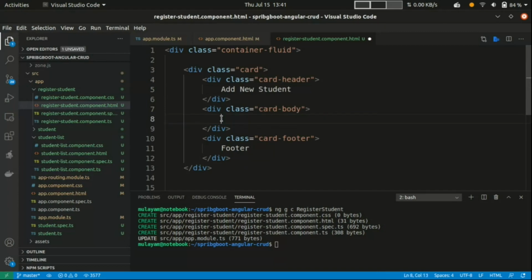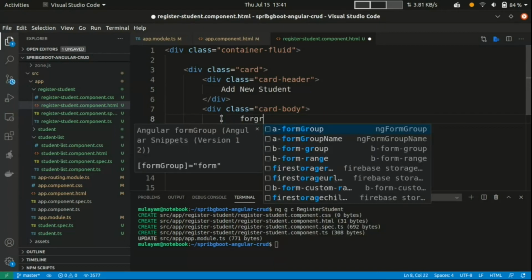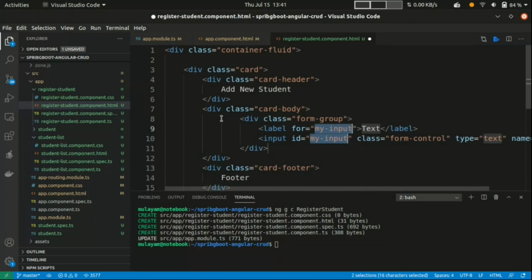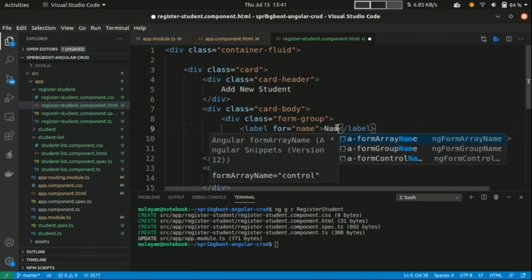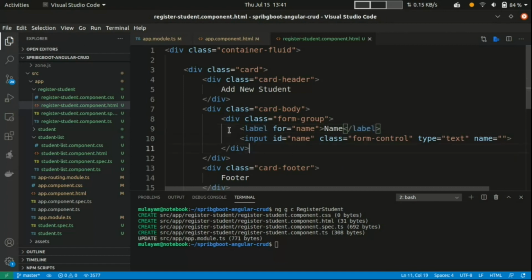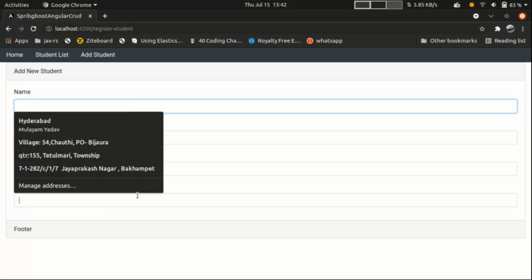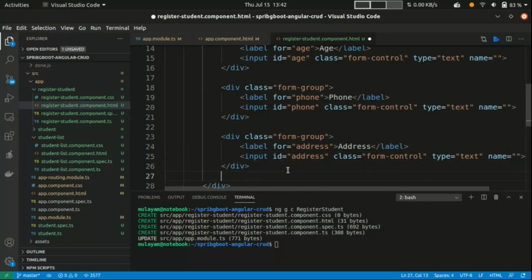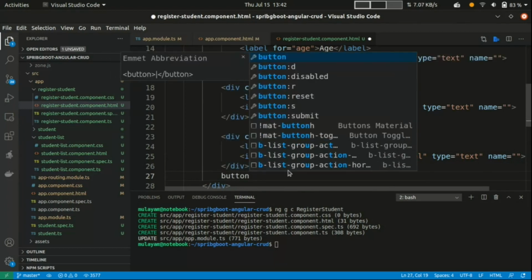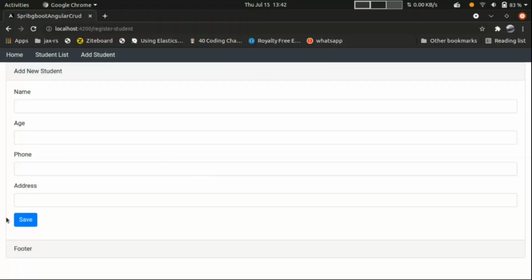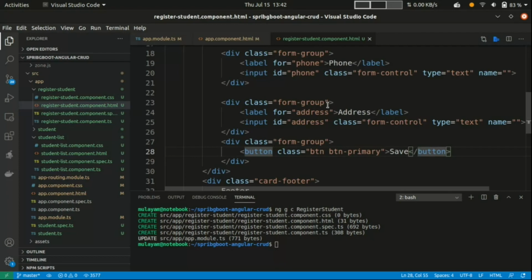Just remove these things and create one form here. Write name, and do the same for all the fields. That's it. Now we can see this form. Let's add one more button, register, whatever we want.